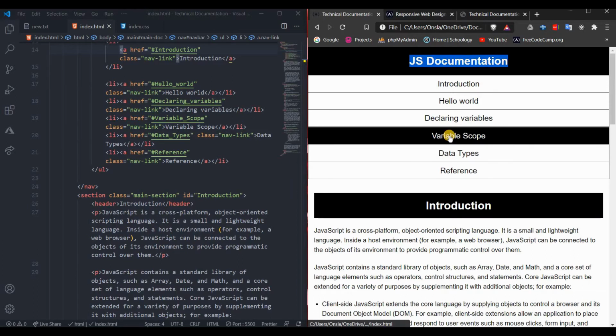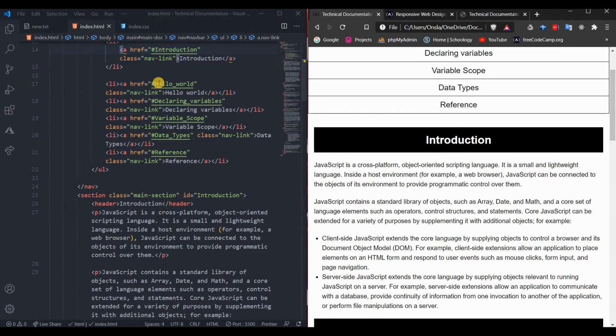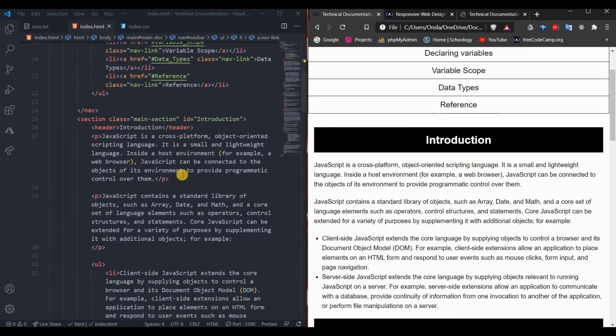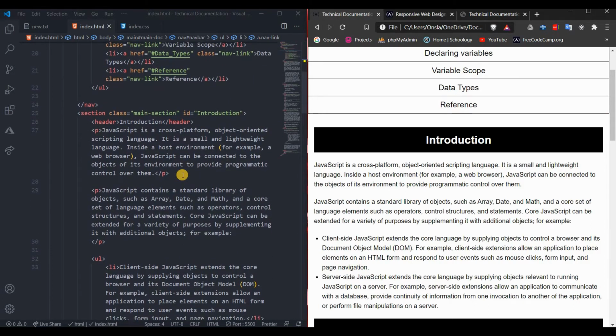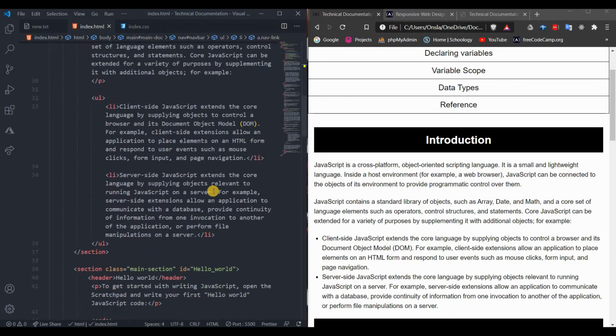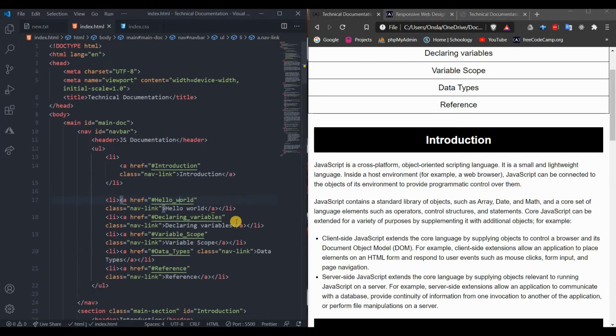So if I click on variable scope, it'll take me to variable scope, just like this, because I put in the ID inside the href of that section. So introduction has the ID of introduction, so I say hash introduction. Hello world has the ID of hello world, so I say hash hello world. So now what I realized is that I need to write the ID exactly the same. So if we go down, hello world, declaring variable,